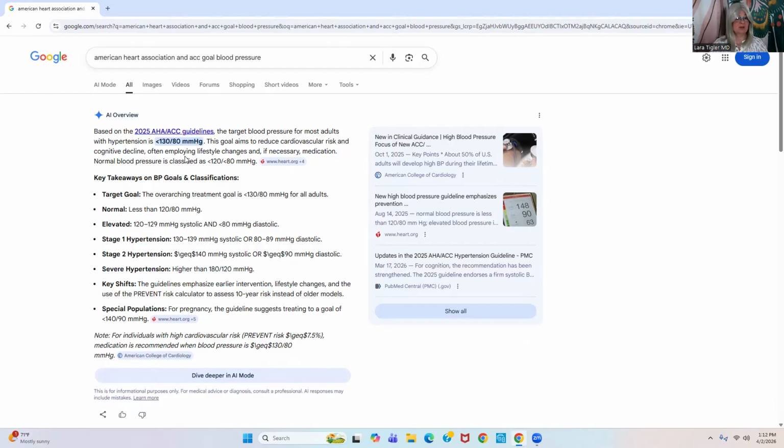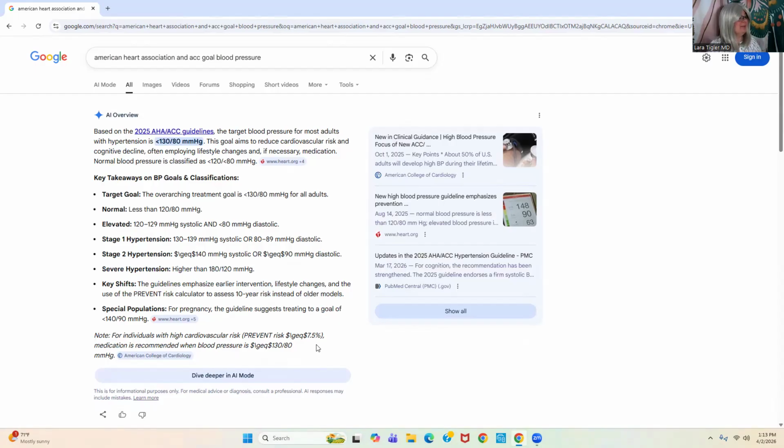When you come to the doctor and we check your blood pressure, we expect, if everything's done correctly, you're sitting in a chair with the correct position. Ideally, you've emptied your bladder prior because that'll help keep the blood pressure lower. Your arm is at the level of your heart, not lower. There are many things that need to happen to make your blood pressure accurate. And so if we get an accurate blood pressure, then the normal blood pressure should be less than 130/80. All right, so that's a very important update.